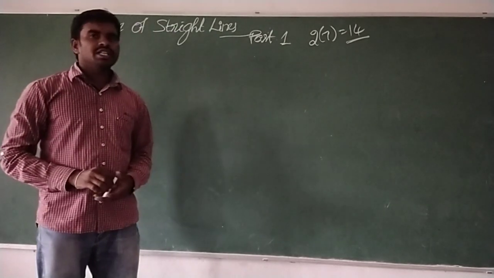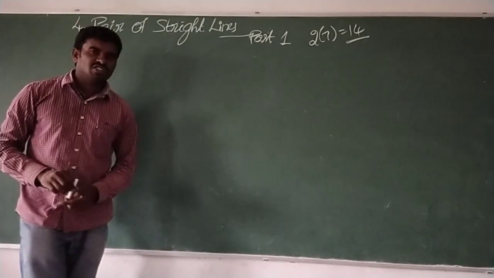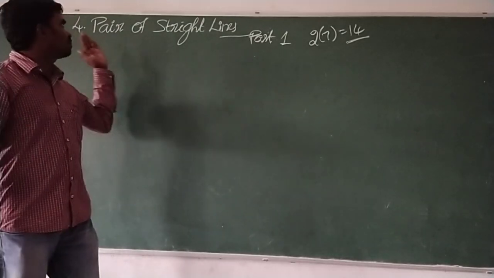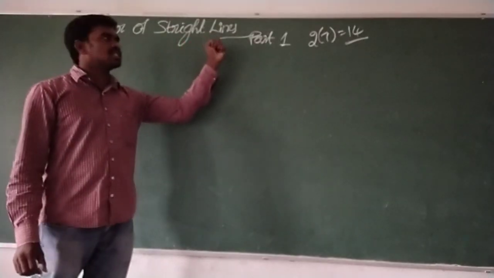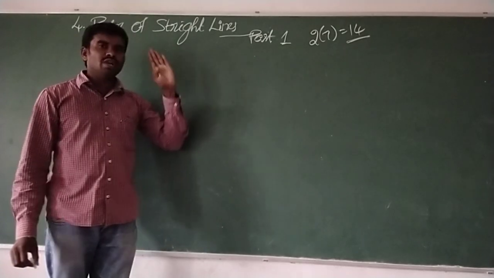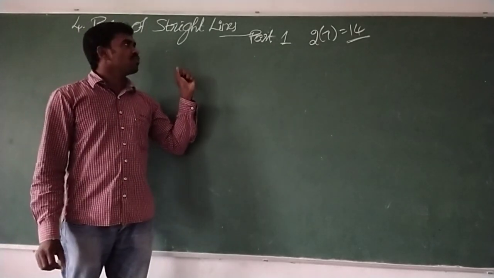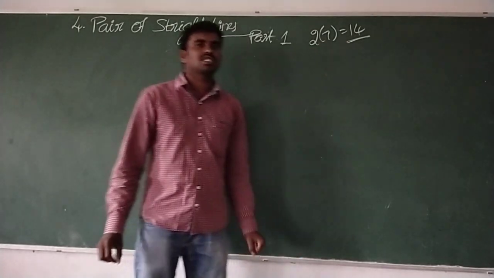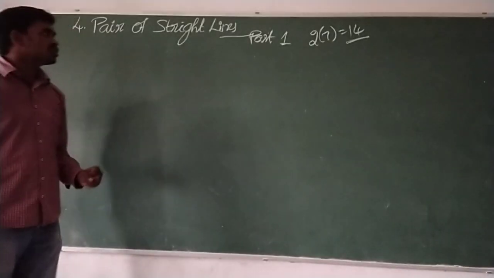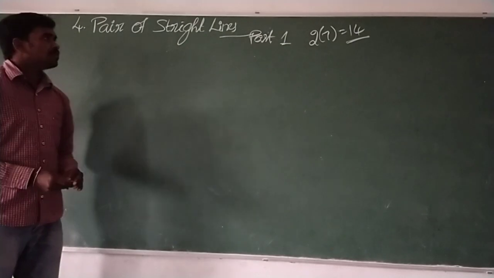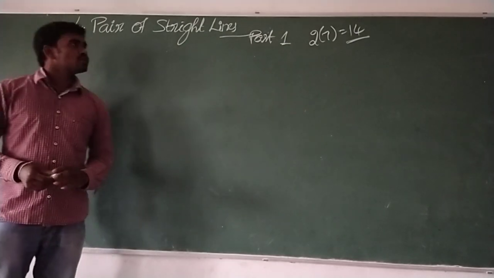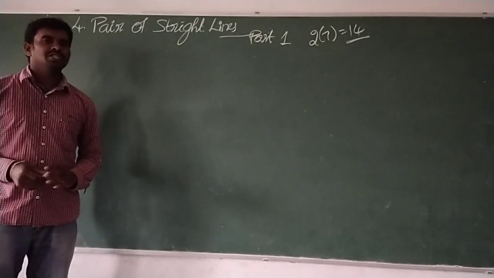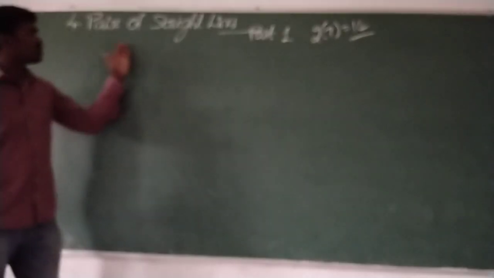And today in this video we are going to learn Intermediate First Year Maths 1B, fourth chapter, the pair of straight lines. In this chapter we have only 7 marks questions. So two 7 marks questions we can get in the exam. So two 7s are 14 marks it consists. So in this part 1 and part 2, part 3, most probably 3 parts we can complete. So let us see pair of straight lines.